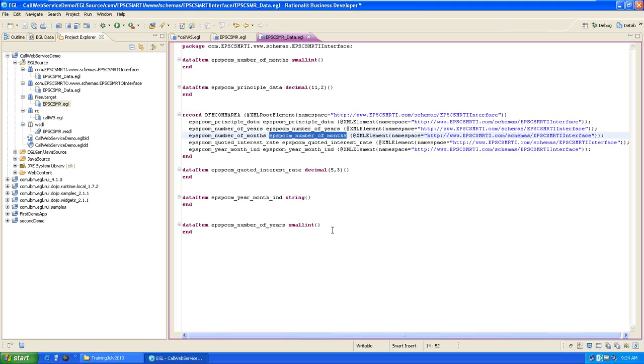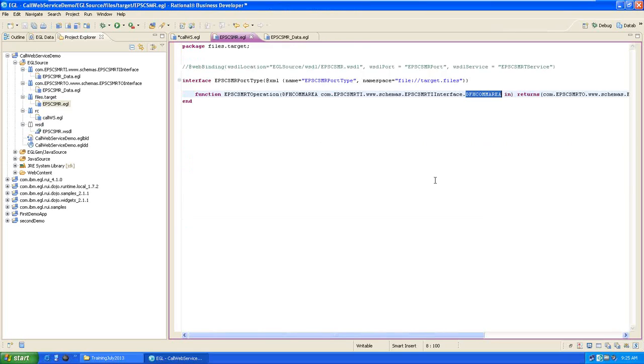Number of months, sorry, and then you have quoted interest rate. Interest rate is this one, decimal, and then you have year, month, and year, month. So these are the values that are defined inside of this record,